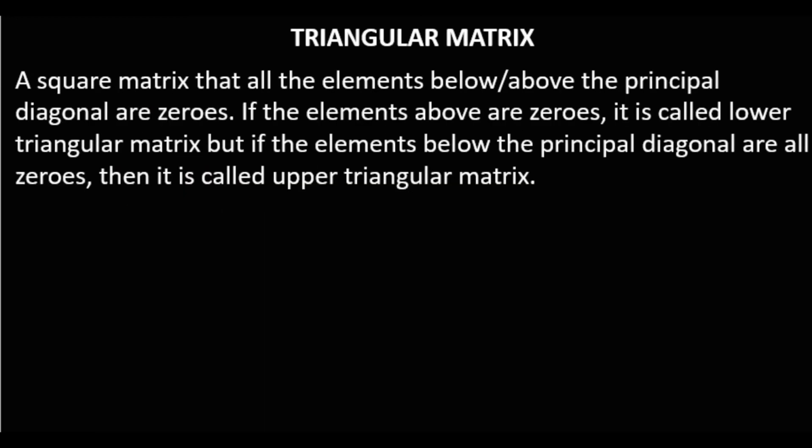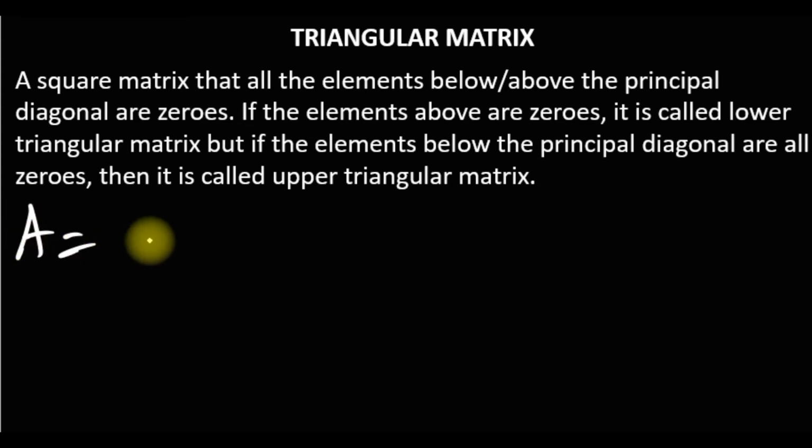The next one is the triangular matrix. A triangular matrix is a matrix in which the elements above or below the principal diagonal are all 0. We now have what we call upper or lower triangular matrix. It is called lower if the elements above are all 0, and it is called upper if the elements below are 0. So for example, if you have